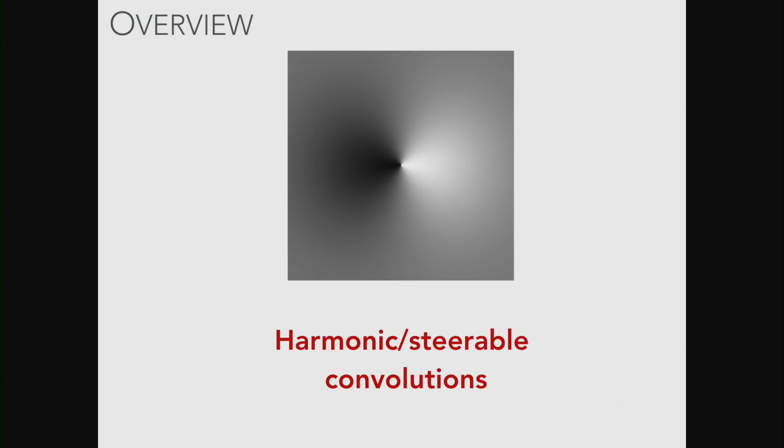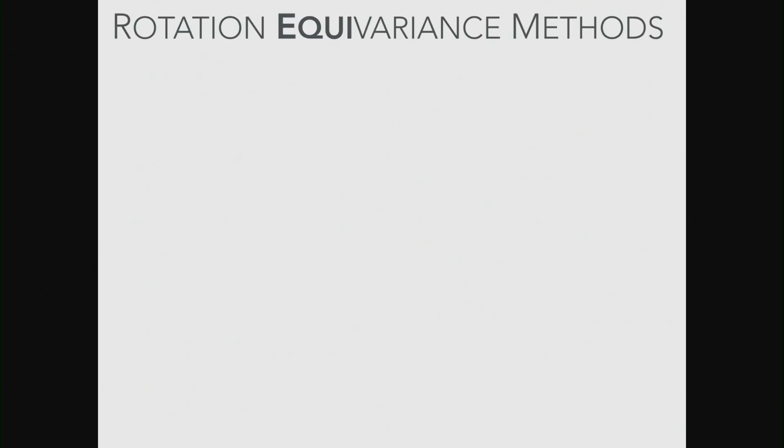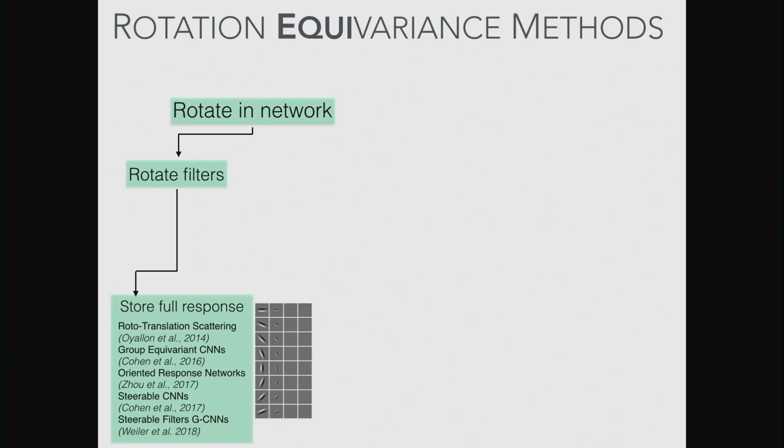Right, so we looked at all of that kind of discrete transformations, but we live in a very continuous world. So some of my PhD was looking at how do we model continuous transformations inside neural networks. And this is where the harmonic, or what's also known as the steerable convolution, comes in. So rotations are kind of where it's at the moment in the state of the field. So I thought I'd collate a few different papers.